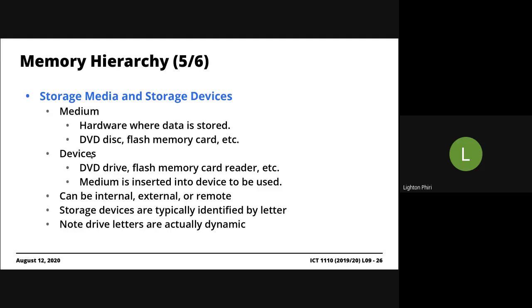So the storage devices obviously can be internal, external, or remote, right? And we'll discuss this when we look at computer storage or secondary storage. The internal type would be the internal hard disk that comes with the computer once you purchase it. An external drive would be something like your flash drive, or something that you buy off of the store. Or it can be remote, so it can be cloud-based like Dropbox or Google Drive, right? And I wonder if the name Google Drive also took into account the storage device type thing here. But anyways,